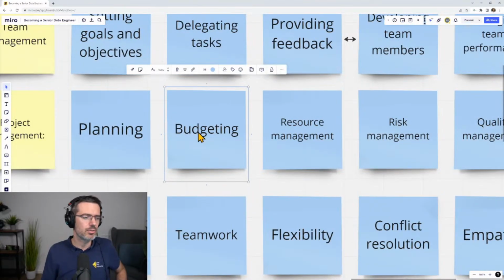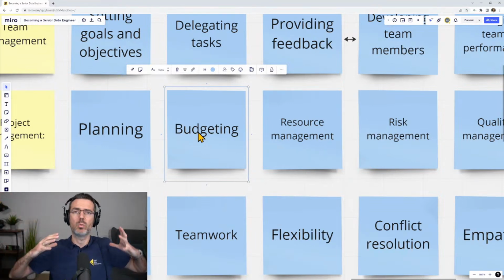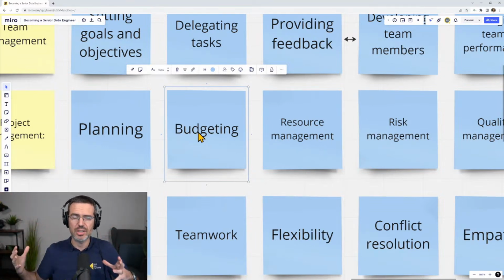When people ask me, how do you solve this or that? How do you create a pipeline for this? How do you process this the best? You always have to keep in mind, what are your goals? What is your budget? And then you need to create these things here. You need to create a project plan, you need to create milestones, and you need to try to handle your budget.